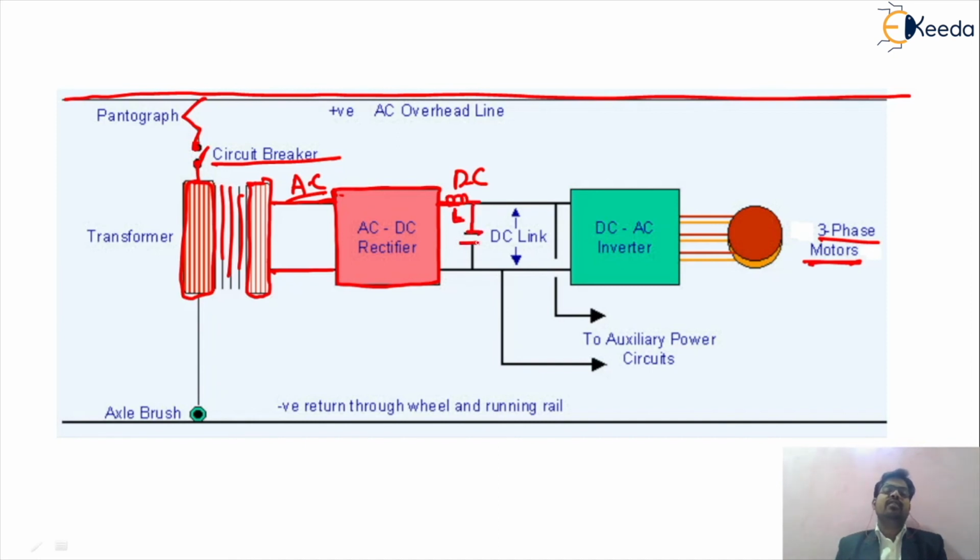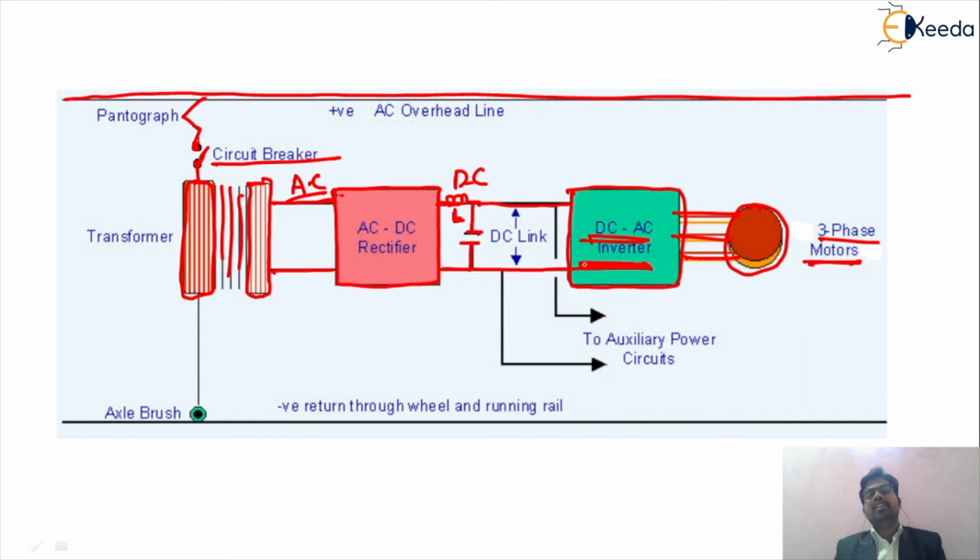Now we are using one capacitor. Why? For providing a constant DC voltage to the DC to AC converter. This DC to AC converter is called the inverter circuit. Why are we using this inverter circuit? Because we are connecting an AC induction motor, and the AC induction motor requires AC supply. So we require one converter that converts a DC supply into an AC supply. This is called an inverter.